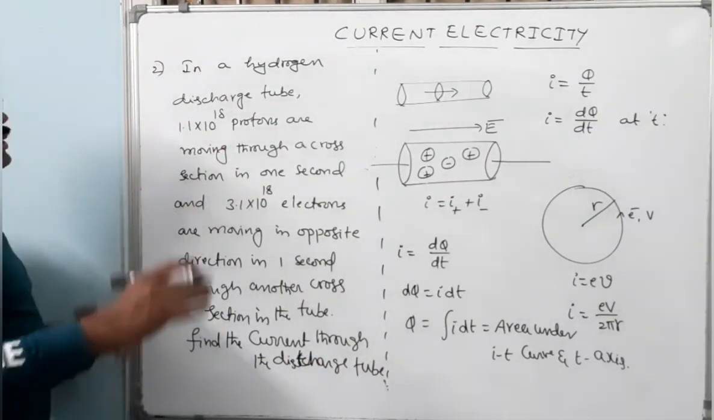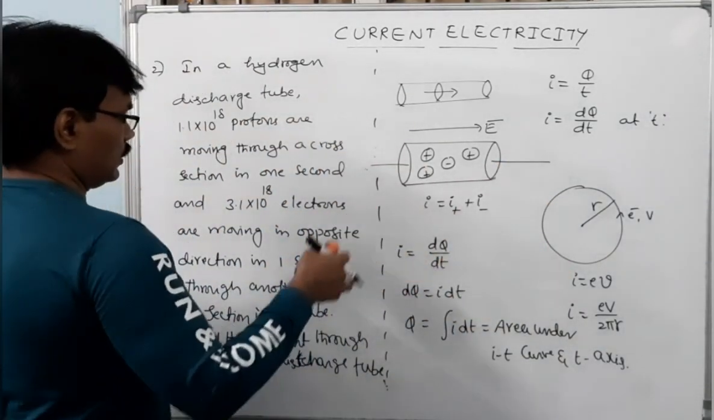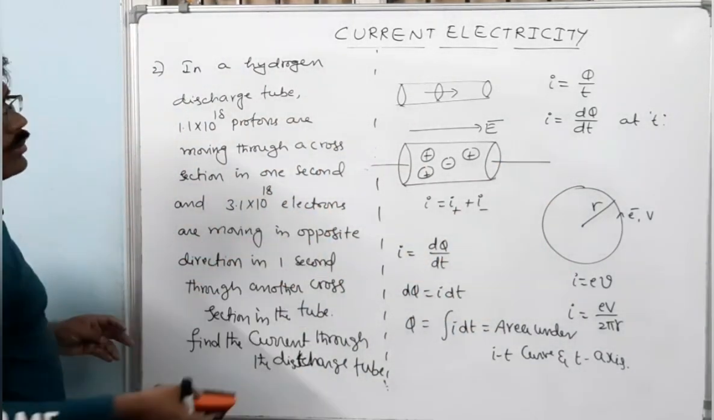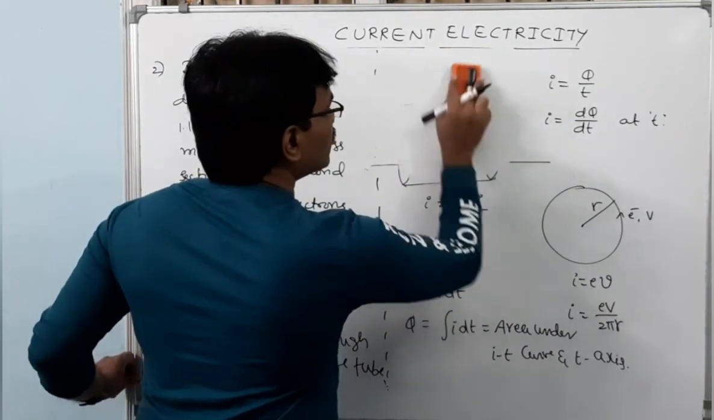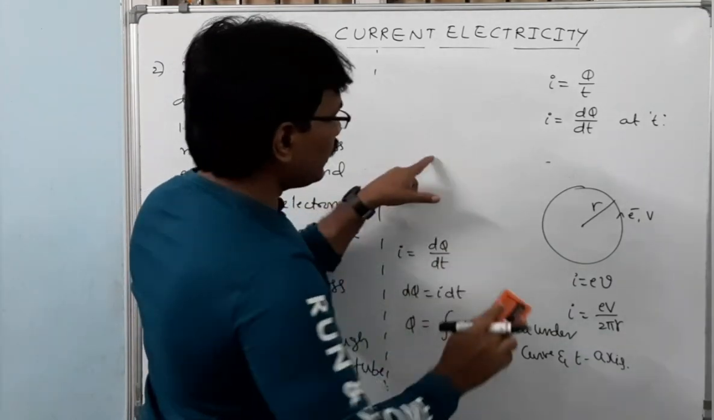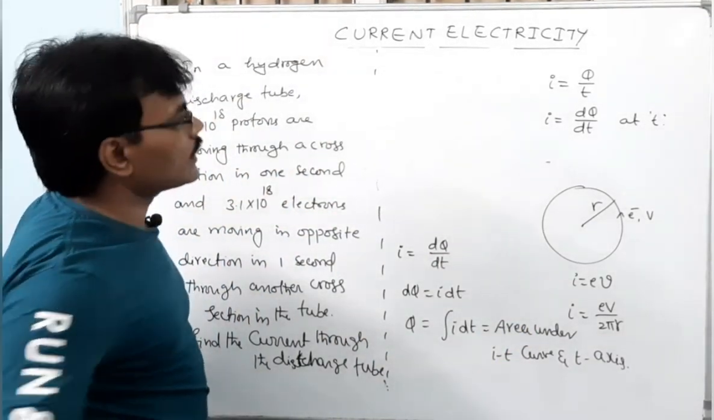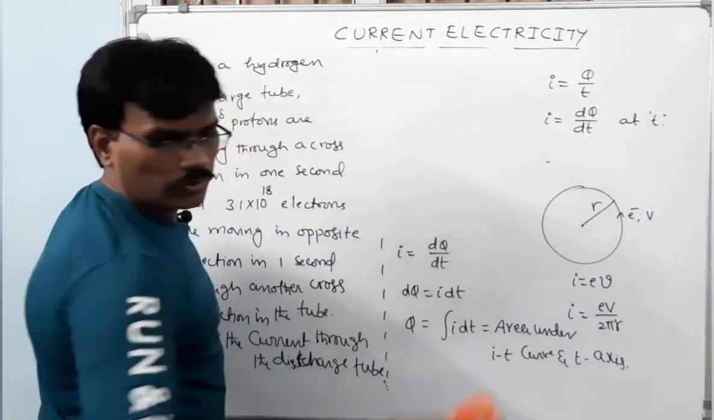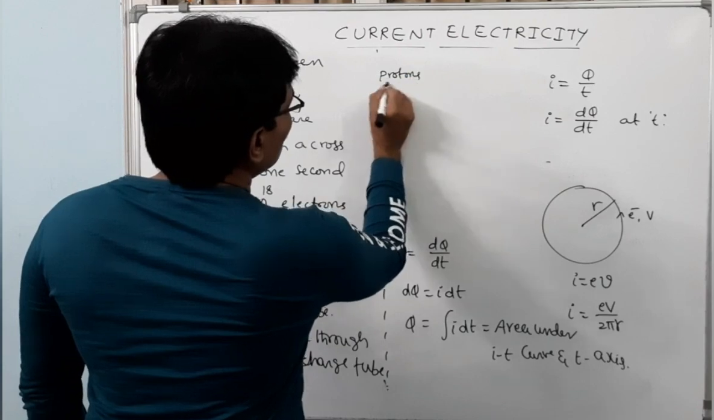It's a hydrogen discharge tube. Okay, so we are applying this formula to solve these questions. Whenever the discharge tube contains both positive and negative charges, the total current is given by the sum of individual currents. So here, for protons and for electrons,